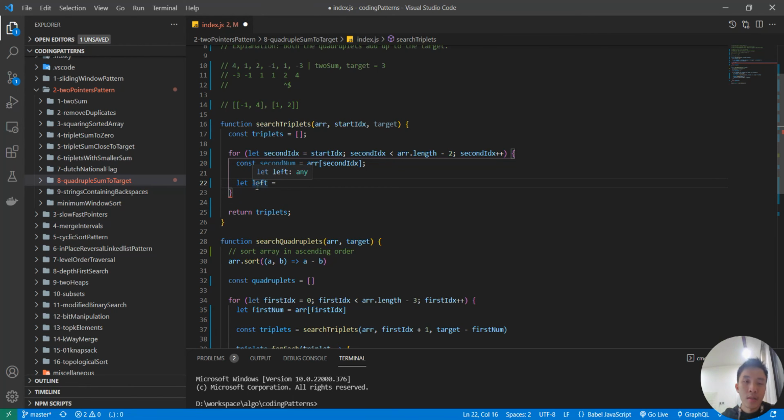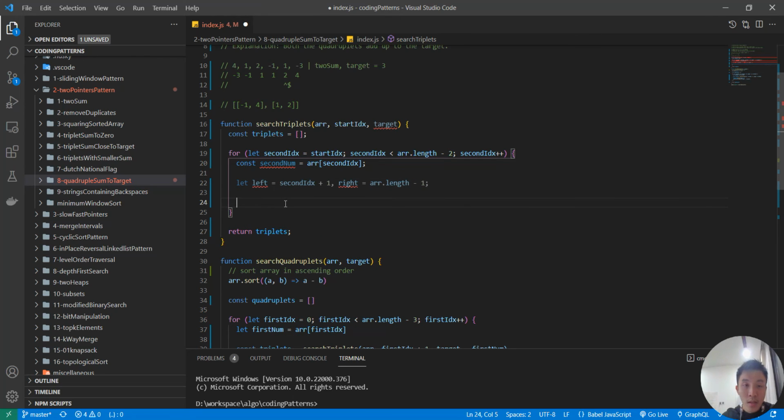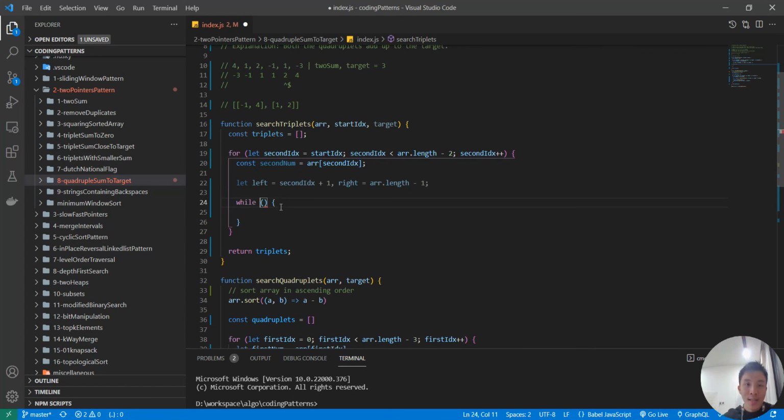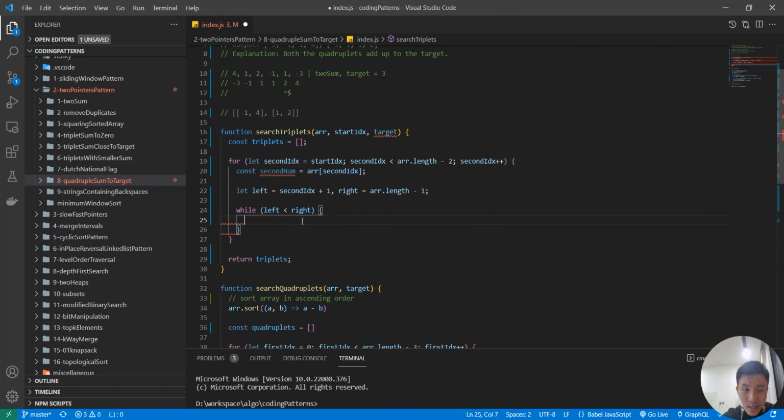The left will be second index plus 1, and the right would be array's last index minus 1, because we need two other numbers, so we need a pair here, right? So make sure that left is less than right. Okay,